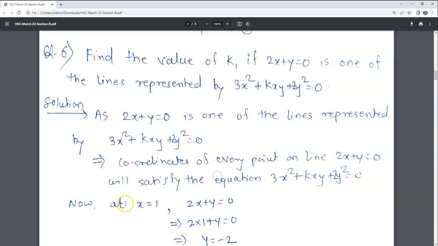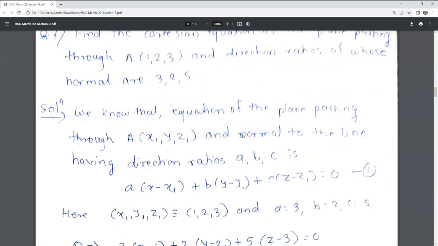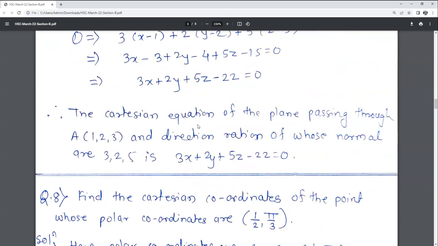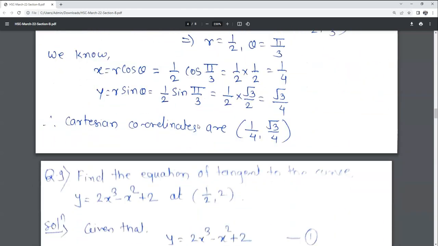Now, see, I have taken here x is equal to 1. It is not always compulsory that you take x is equal to 1. Take it x is equal to 4. Take it x is equal to 2. Whatever value of x you want to take, it really doesn't matter. The answer is going to be the same. Remember, the only condition is that the point has to be on this line. So now, when x is equal to 1,